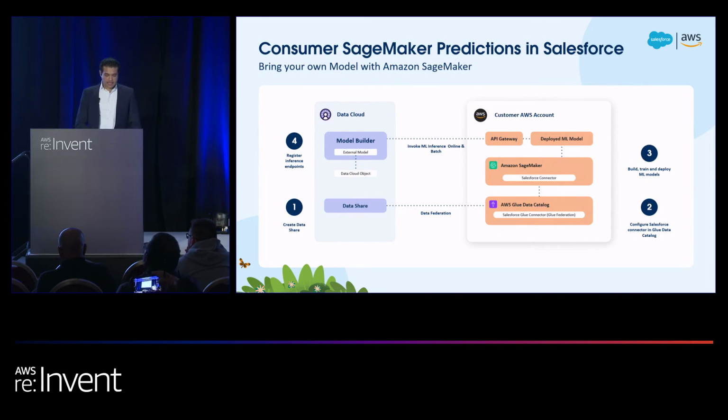This is, again, how Einstein Copilot Studio Model Builder works. So let's imagine you have your data in Data Cloud, and you start a data share in order to share your data in a zero-copy fashion to the AWS Glue catalog. Then you can configure the Salesforce connector in that Glue catalog, and then you use this data to train a model on SageMaker. And you can then create that predictive AI model, create an open API gateway once you've deployed the model,